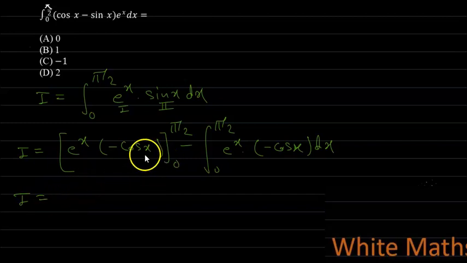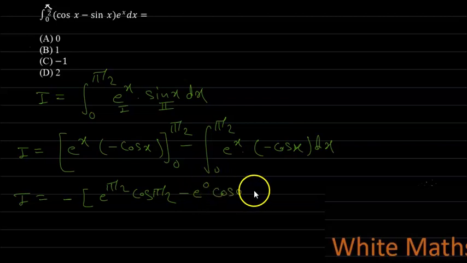I is equal to, on taking limit we will get, take minus sign outside, e to the power pi by 2 cos pi by 2 minus e to the power 0 cos 0